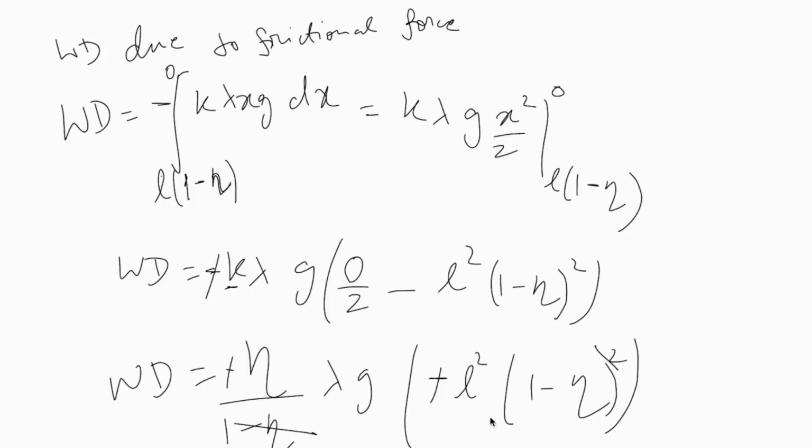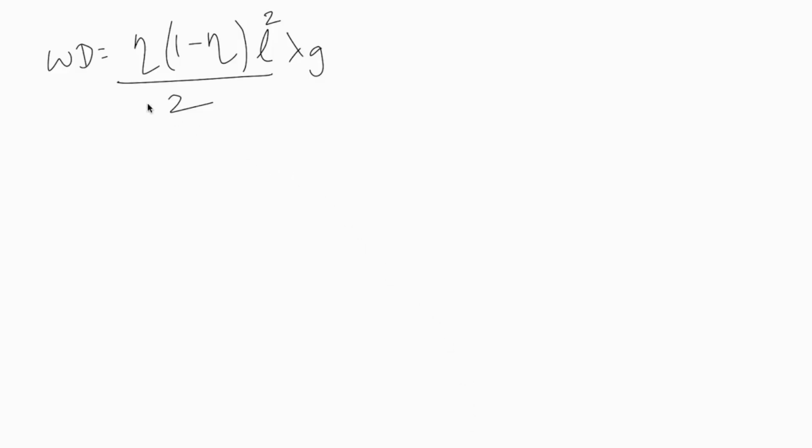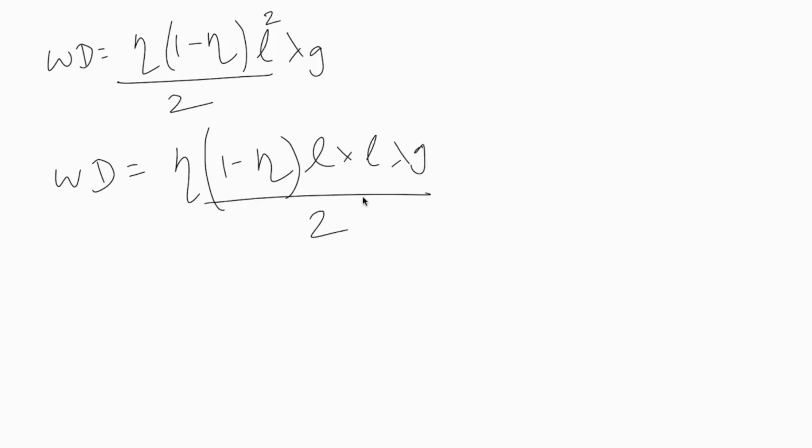Did I forget a 2 over here? Actually, I forgot a 2 over here. We have a 2 over here. Okay. Now it is all the same, it's all done. So from here I can say that the work done is actually given as eta into (1 minus eta), and this can be written as L into L times lambda g by 2, and we can say that